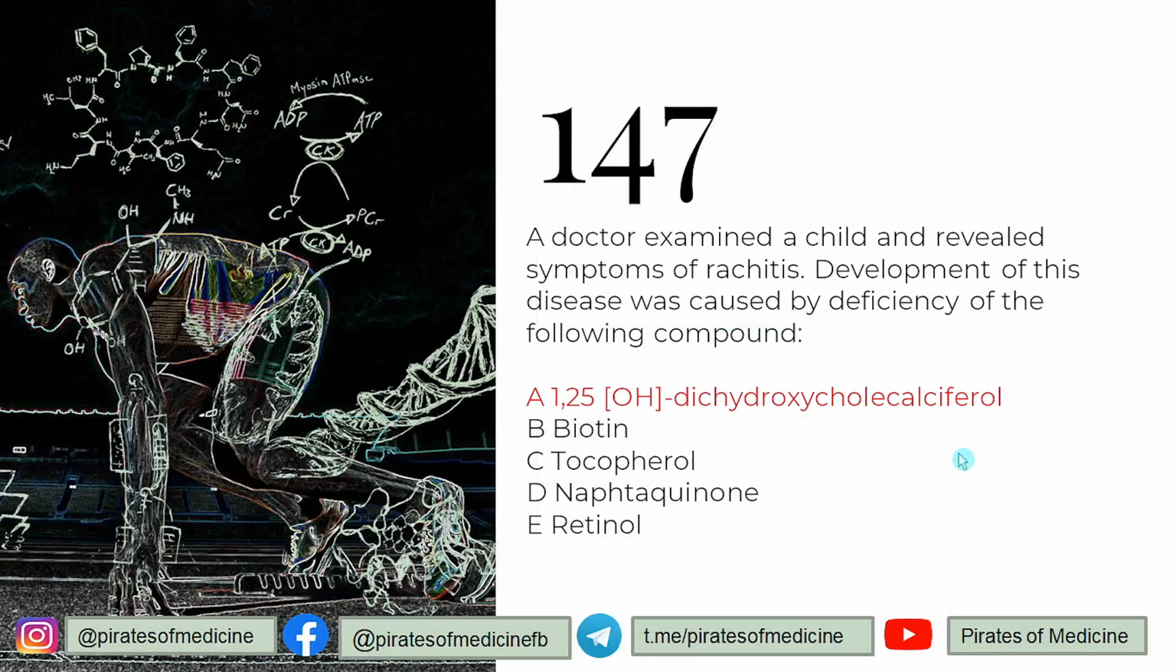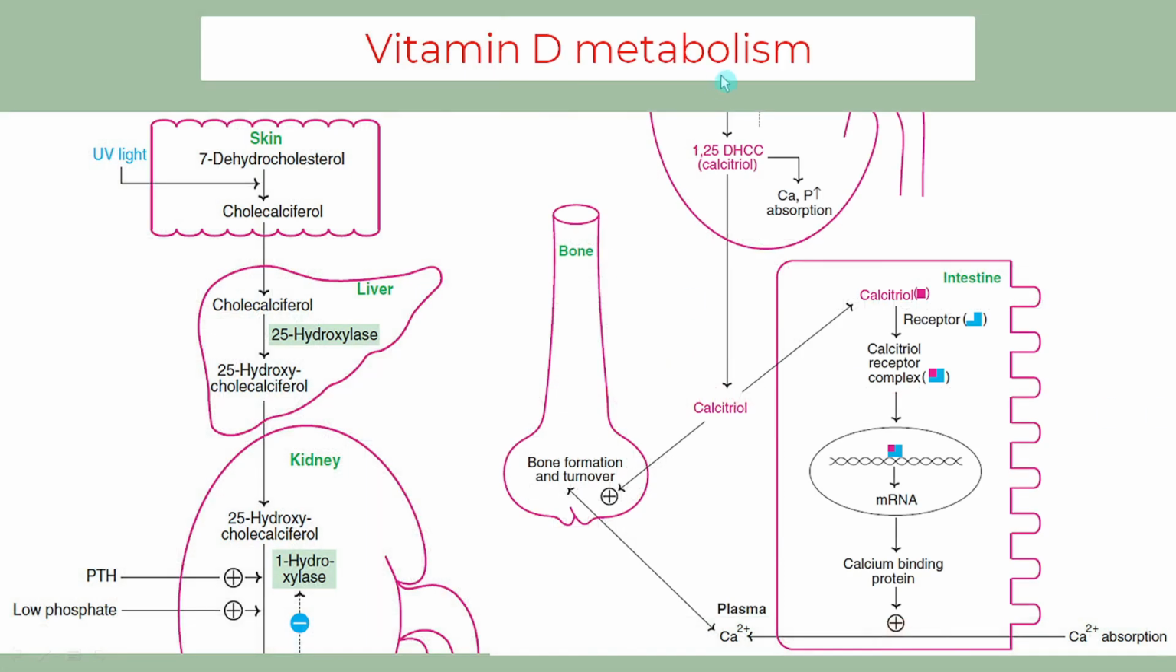147. A doctor examined a child and revealed symptoms of rachitis or rickets. Development of this disease was caused by the deficiency of the following compound. So if you have any medical knowledge, you know that rickets is caused by the deficiency of vitamin D, and the active form of vitamin D is 1,25 dihydroxycholecalciferol. If you remember, we studied that in the kidney, the 25 hydroxycholecalciferol is converted into 1,25 dihydroxycholecalciferol or calcitriol, the active form of vitamin D, correct, with the help of enzyme